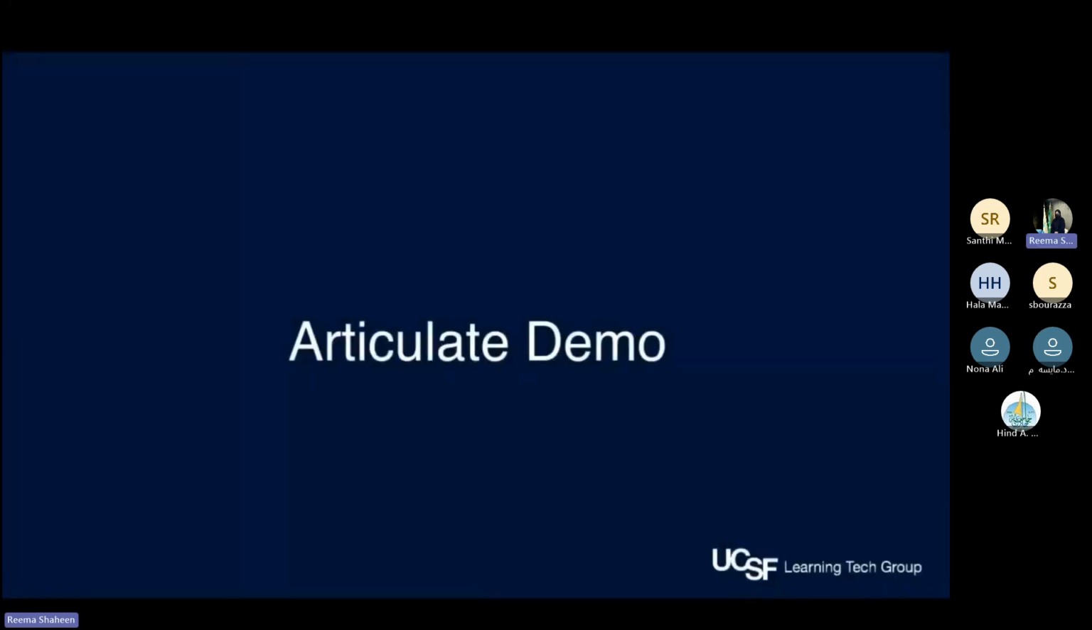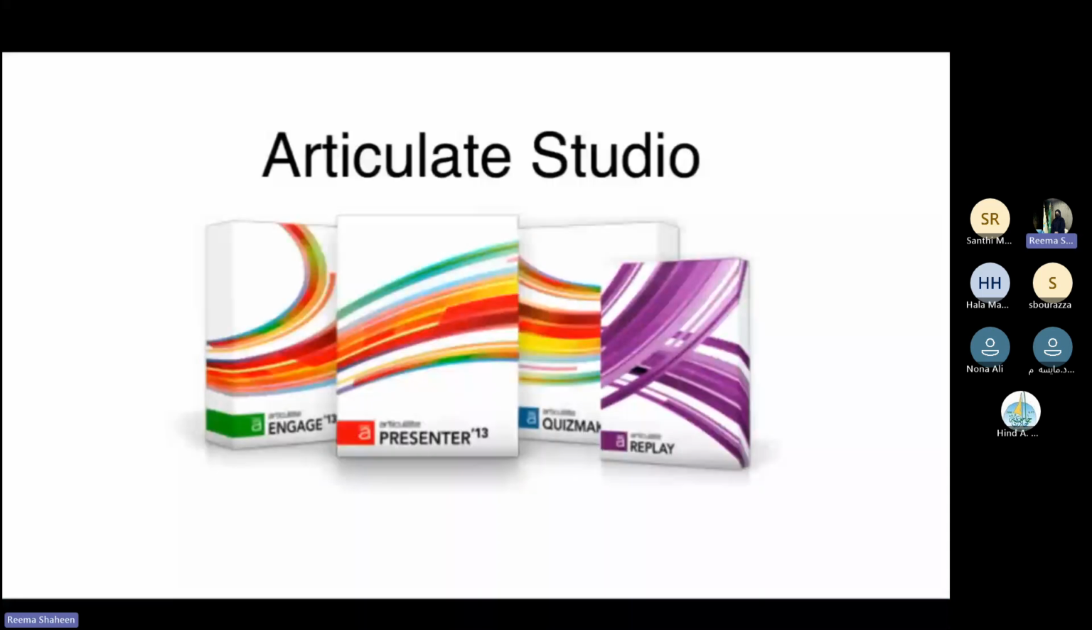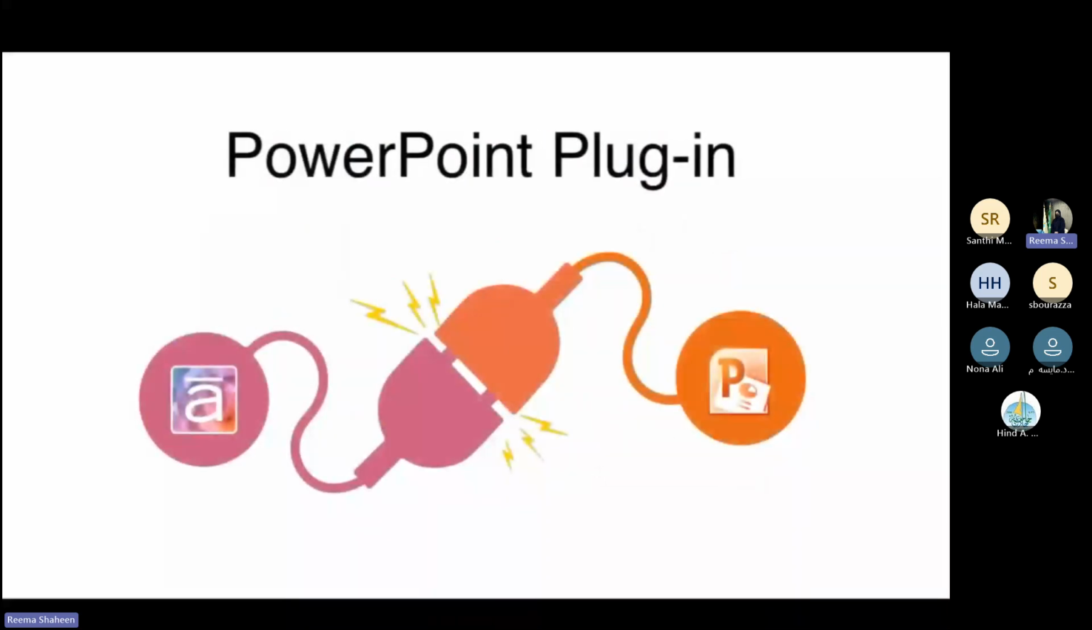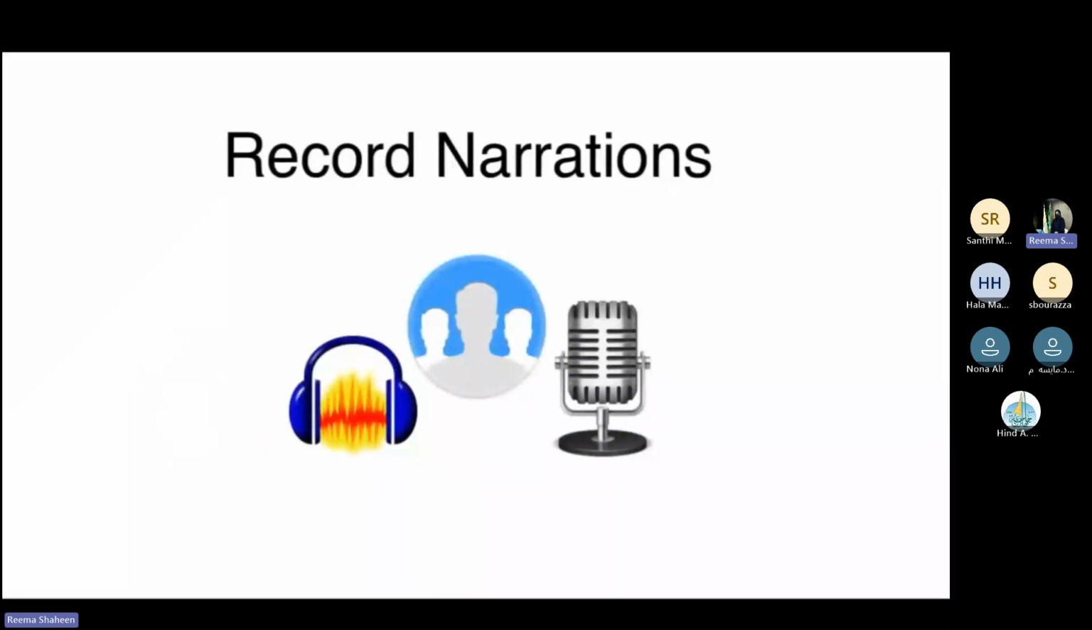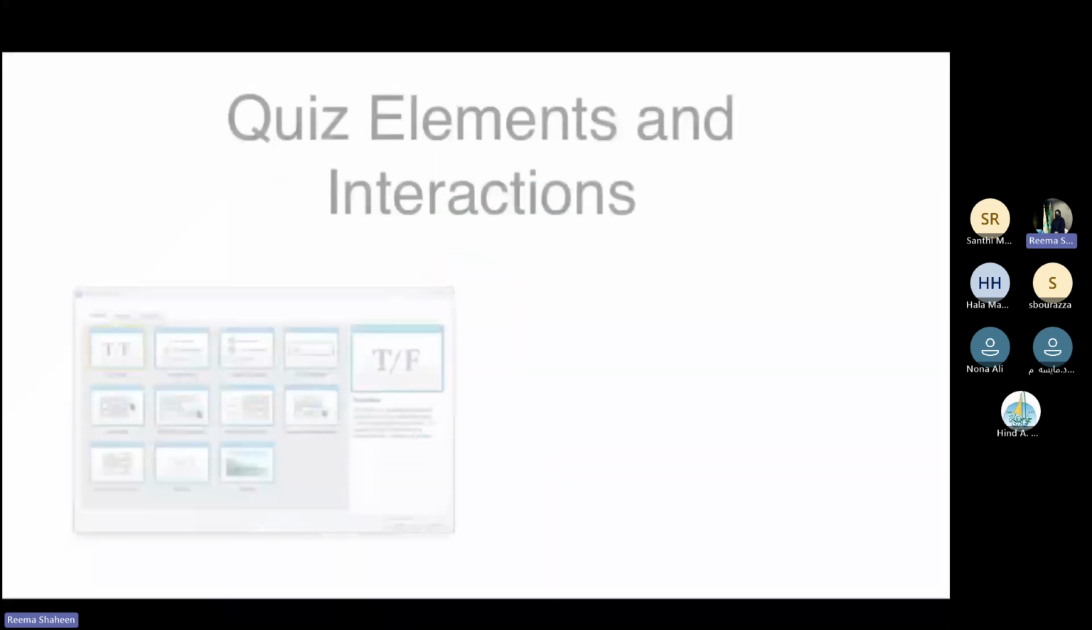In this presentation, I'll give you a brief overview of the tools located in the Articulate ribbon. This should take about 5 minutes. The Articulate Studio software is a collection of tools used to rapidly create online learning presentations. The software works seamlessly with Microsoft Office as a PowerPoint plugin. Users can record narration and animations, insert quiz elements, and add interactions to PowerPoint